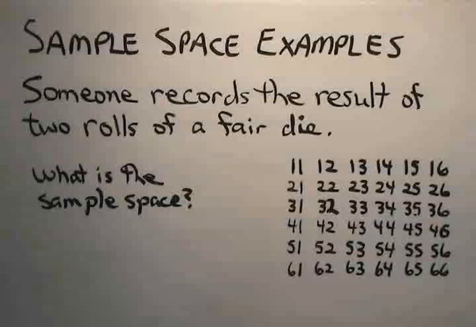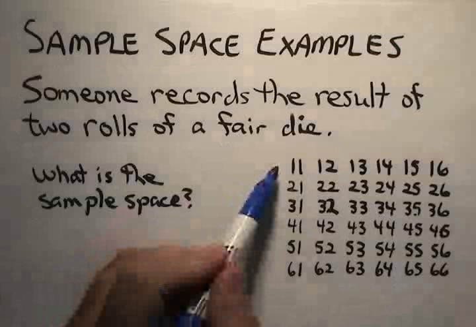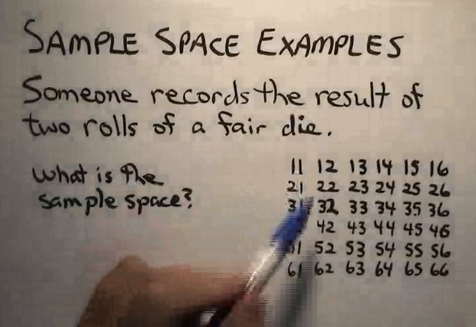Let's look at an example that you're probably somewhat familiar with. That is someone rolling a fair die twice. The question here is, what is the sample space? You probably have already learned that a nice way to write this is to make it in a rectangular 6x6